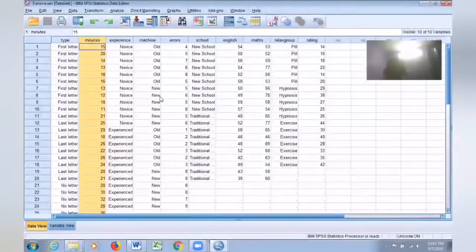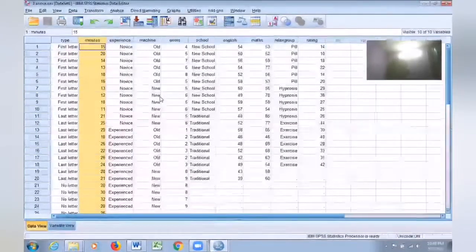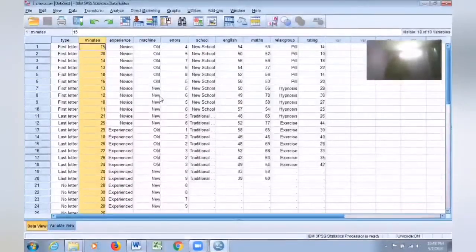So we've got four different sets of data now. What we have done is that we have asked these employees to work on the machines and we recorded how many mistakes, how many errors they committed over a period of time. The number of mistakes they made was recorded. Fine. So two independent variables: the experience of the employees and the type of machine.